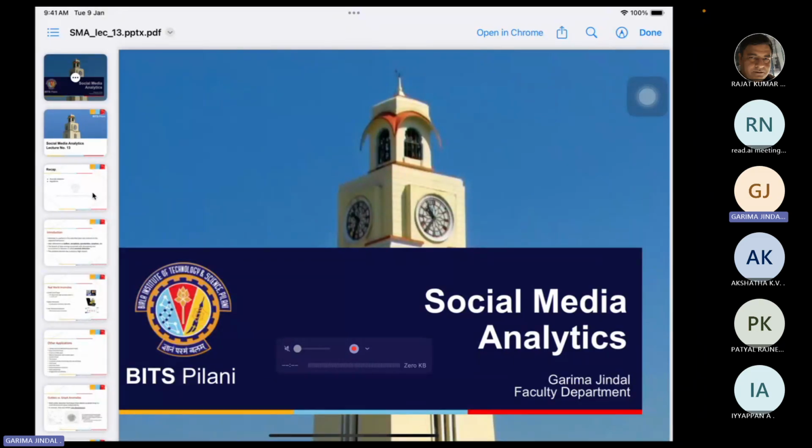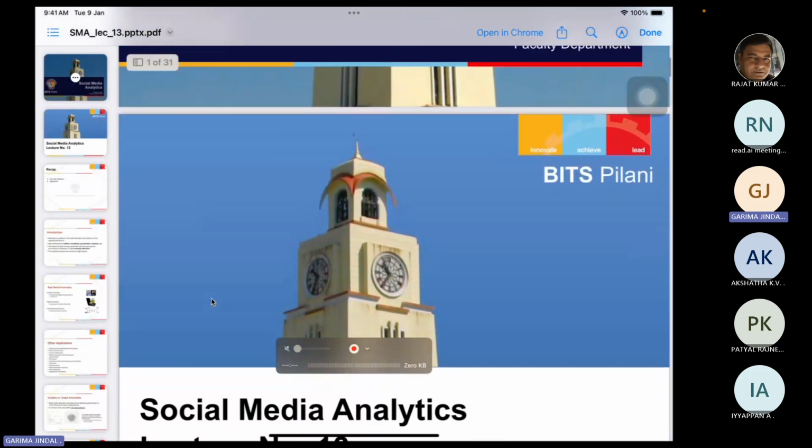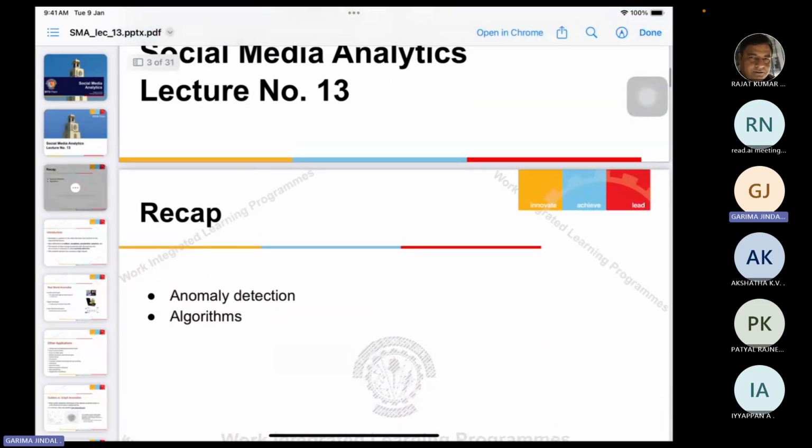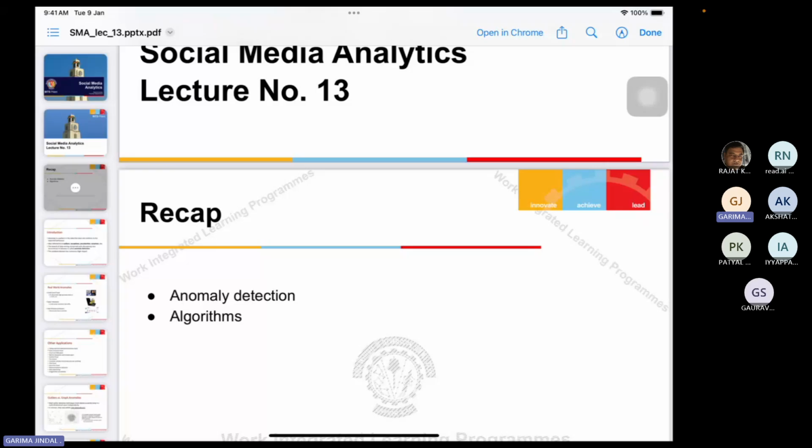So we are into the 13th lecture, and in today's lecture, we are going to discuss anomaly detection. In the last lecture, we started discussing the basic definitions of anomaly detection. And we have also established that anomaly detection is a difficult problem, right? Because there are a lot of things that need to be taken care of when we are designing the solution for anomaly detection. So in today's class, we will be discussing the algorithms that can be used to identify anomalies in